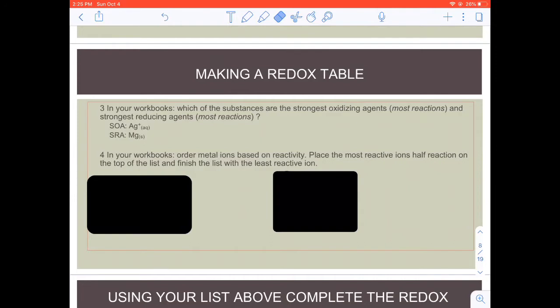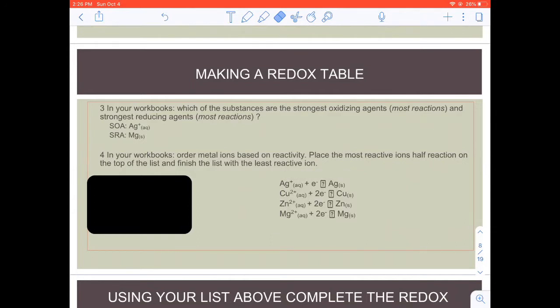strongest reducing agent. Now I want you to look at all of your oxidizing agents and write your strongest oxidizing agent half reaction at the top, followed by your second strongest, your third strongest, and then your weakest half reaction for your oxidizing agent on the bottom. You guys can pause this video and I'll show you guys the answer in a sec. Alright, so let's have a look if you guys got the right answer here. So your strongest oxidizing agent was silver, followed by copper, zinc, and magnesium, and you've written the half reactions for